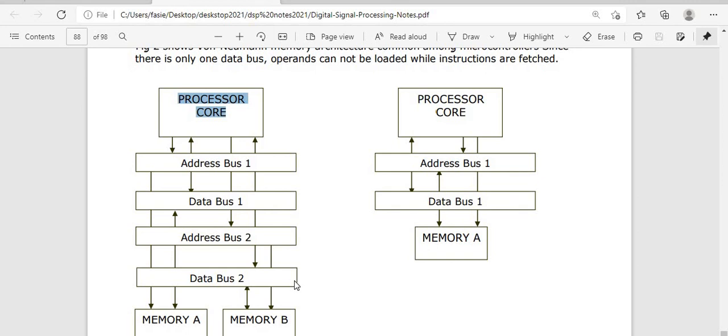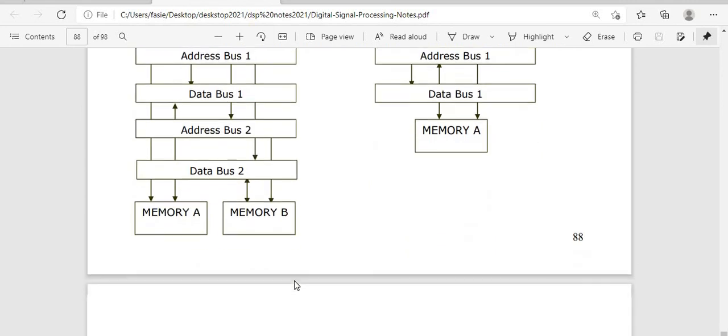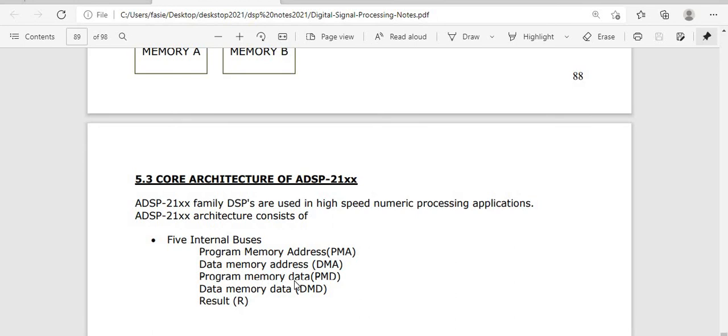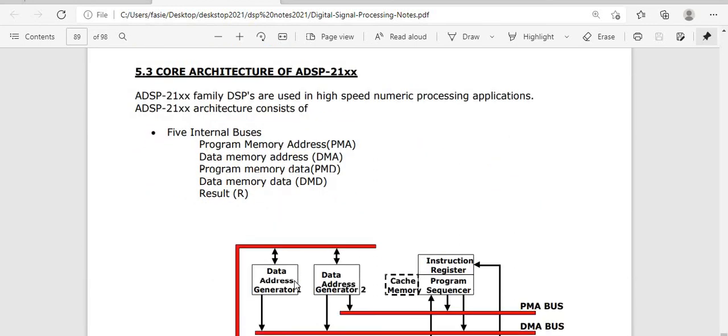So that's how a cache will be used in this particular analysis. Clear? So this is the complete thing we have discussed about Harvard, von Neumann and ADI modified Harvard architecture, that is the Analog Devices system of the Harvard architecture. That also we have covered.